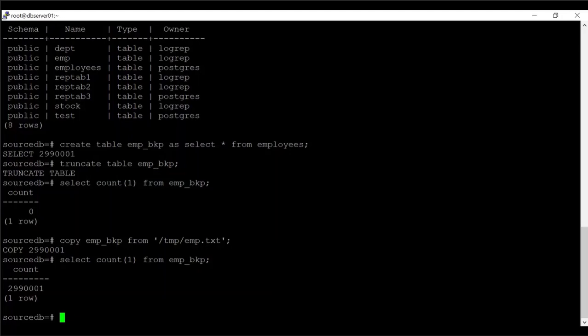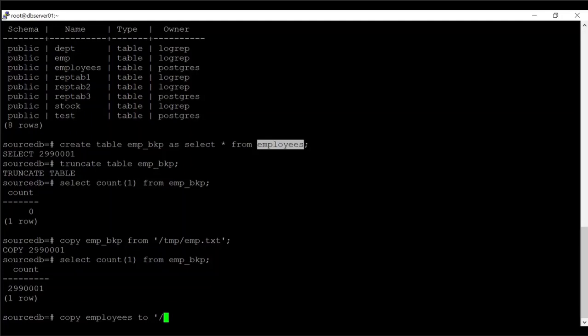So it's very useful when you are trying to do migration as well. Now, for example, if I want to export my table into some delimiter format, maybe I have a requirement from the application team that they want to export this in a delimiter format. For this, what I can do is copy this table only, employees